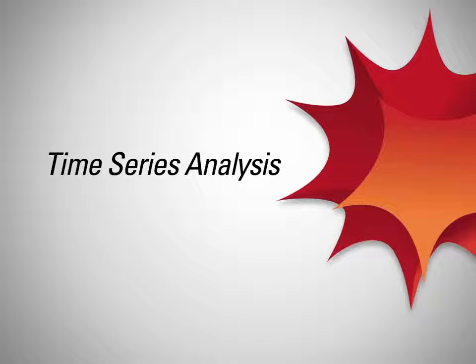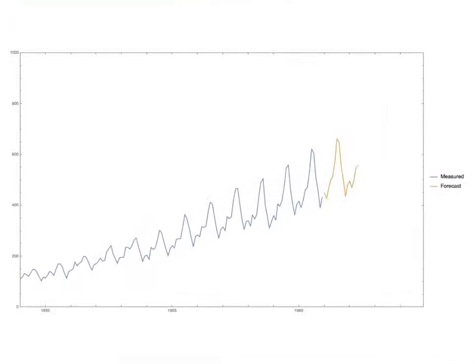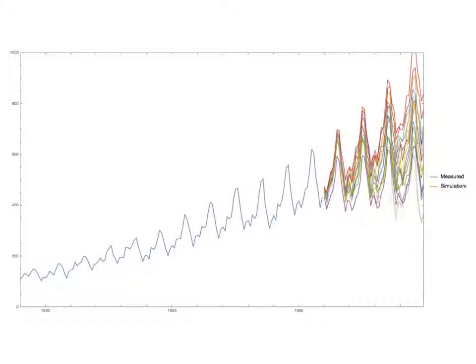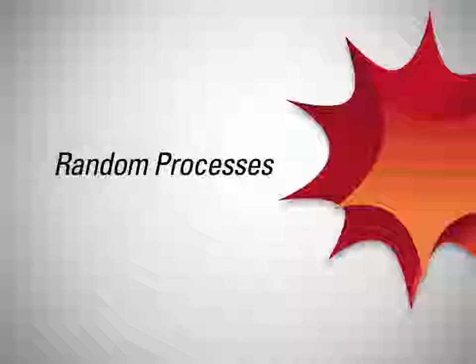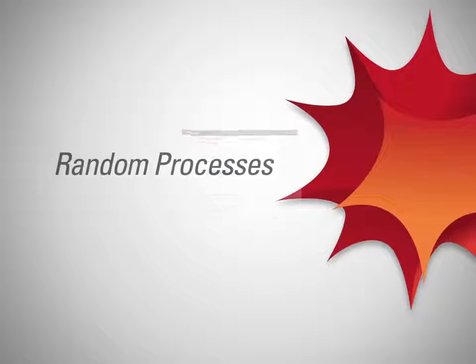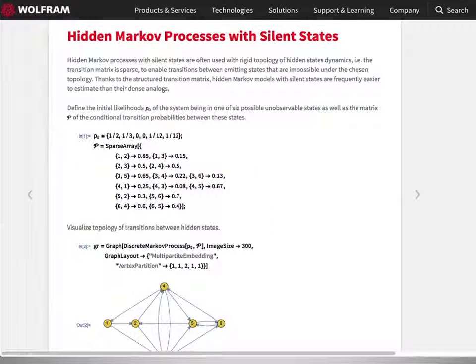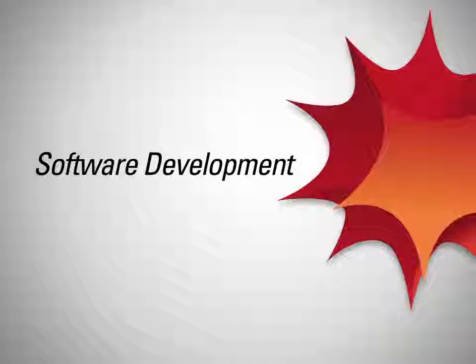A new time series framework makes it easier to merge, transform, and select from time series data. And using new tools like time series model fit, it integrates tightly with the existing random processes capabilities to predict or simulate from historical data. Like other areas, the random processes have also been extended too, with new ARCH and GARCH processes and support for hidden Markov chains.